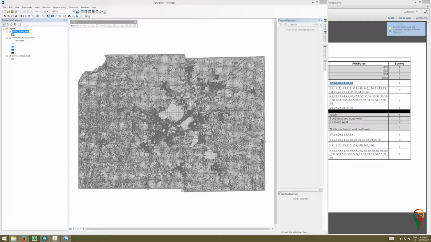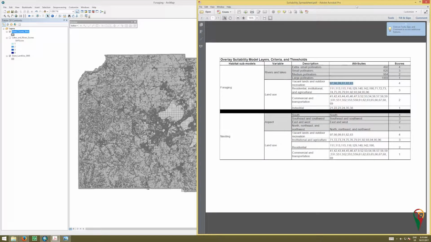Let's begin working on the next part of our foraging habitat. In particular, we're dealing with land uses, which, again as a reminder, are an aggregate of our experiences from our data collection, our readings, and land uses that are beneficial for foraging habitat. Now, if you recall from our spreadsheet, this includes vacant lands and outdoor recreation, which get higher scores because